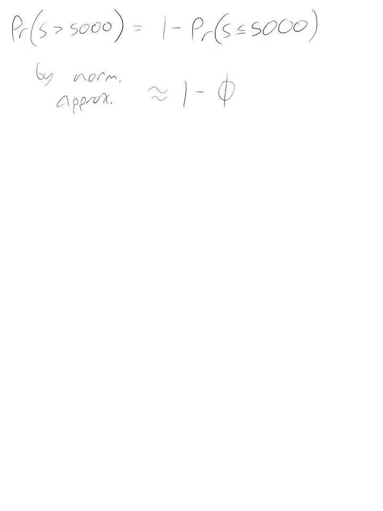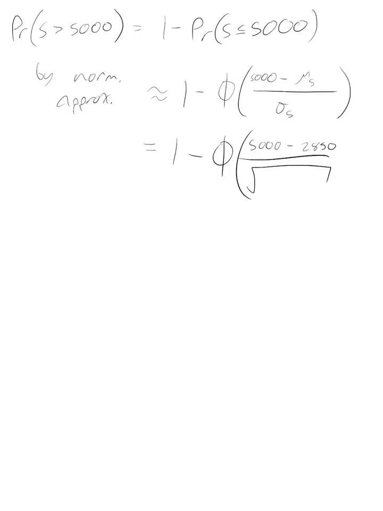The probability that S is greater than 5,000, where S is the total aggregate loss under both policies, we know is equal to 1 minus the complement, which is S less than or equal to 5,000, and by the normal approximation, we have that that's approximately equal to 1 minus the normal CDF of 5,000 minus the mean of S divided by the standard deviation of S, which we already found on the previous page to be 5,000 minus 2,850 over root